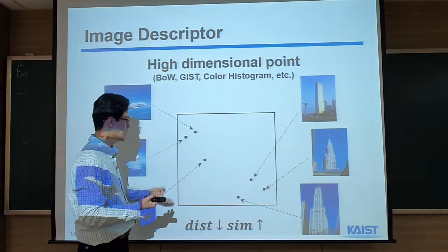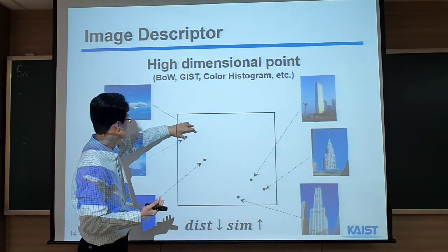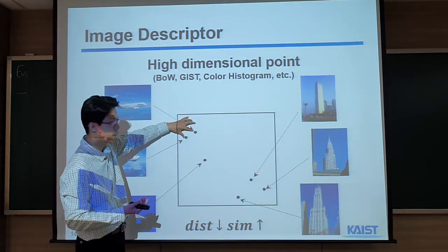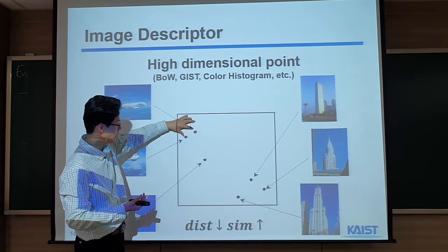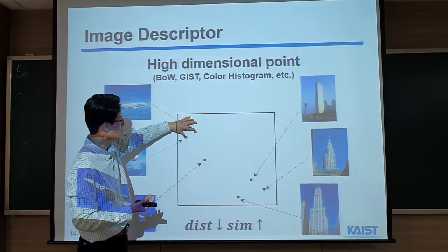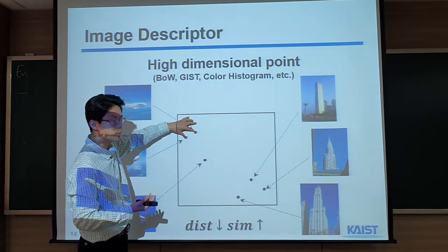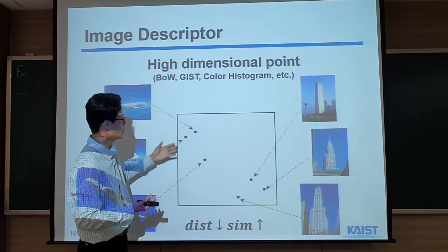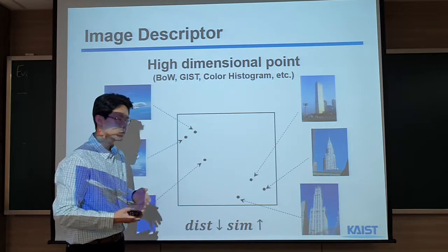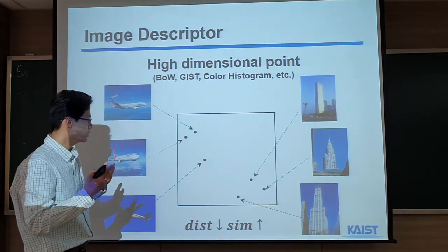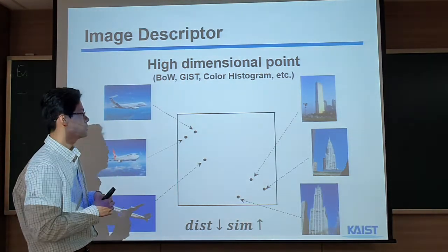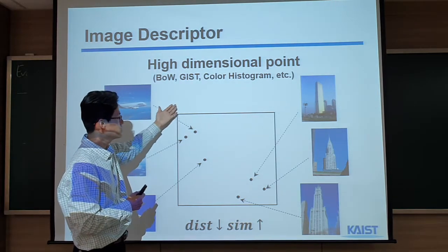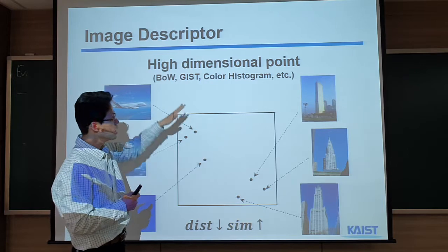So the meaning is that these two images map to two points that are located very closely, and you can see that their distance is quite low, right? And it means that as we have the lower distance, we can treat these two images as having similar features or semantically similar content, right? So basically, we can just use some sort of L2 distance or some other distance function within that feature